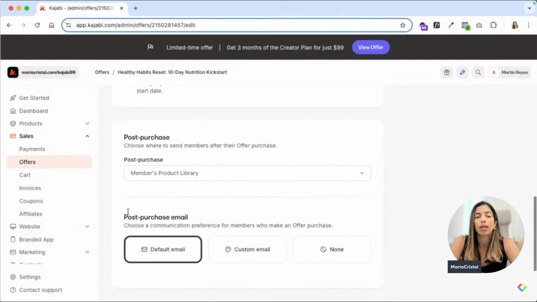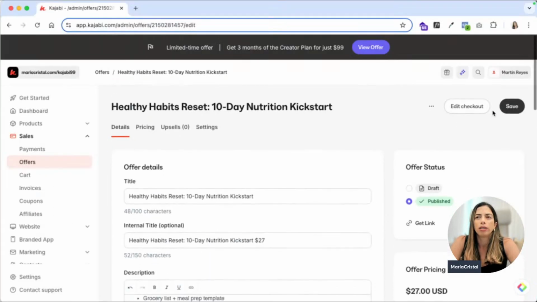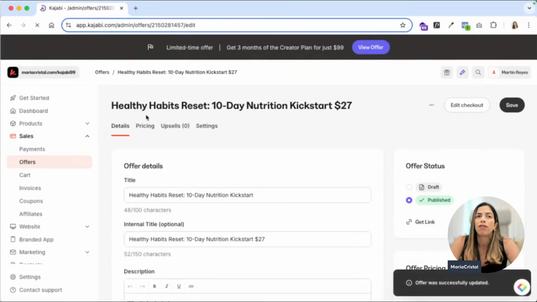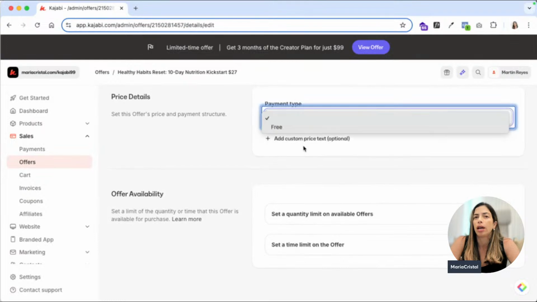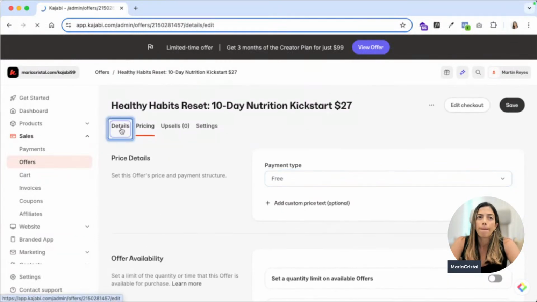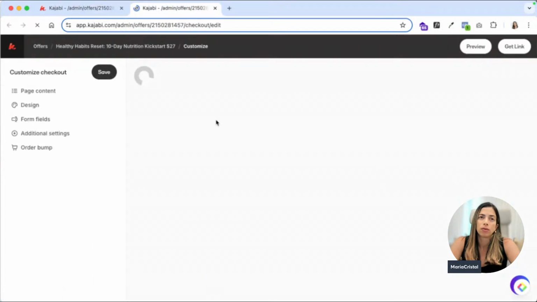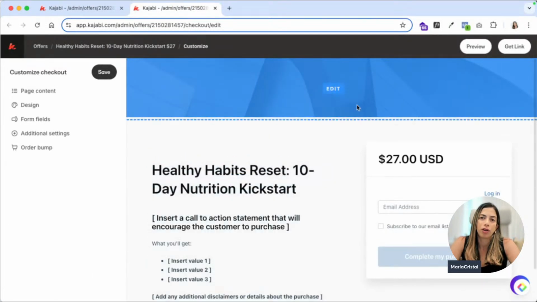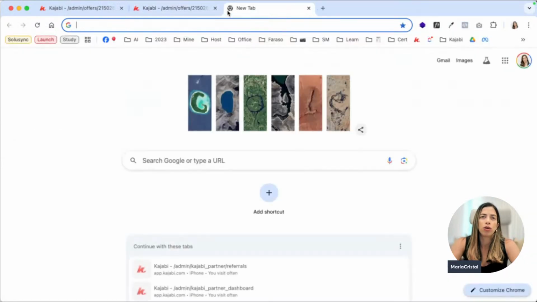Okay? So let's say we have our digital products and we have our offer. By the way, I didn't show you that if you want to change the pricing, you can go to pricing and here change the payment type and any other information. Obviously, since I didn't connect my payment processor, it's not allowing me to choose all the options, okay? And always check your checkout to customize the look and feel. For example, this is how this looks now, but I'm going to show you very quickly